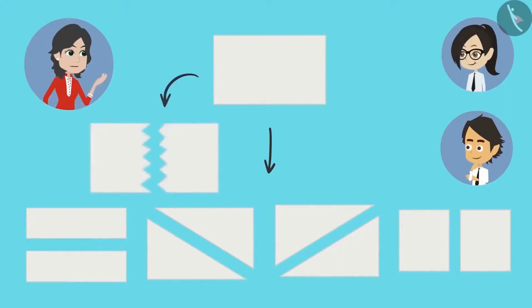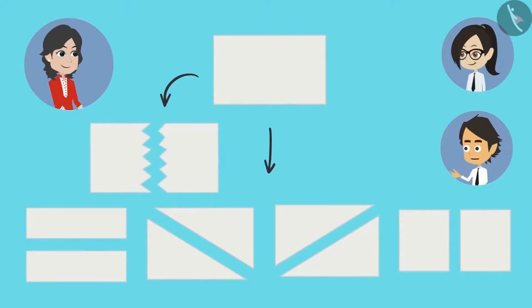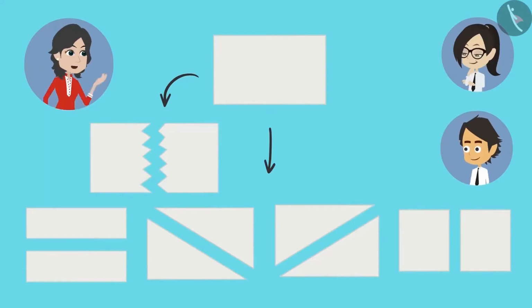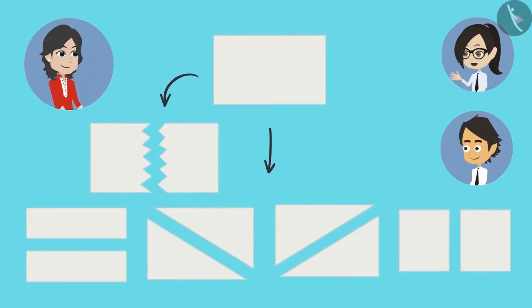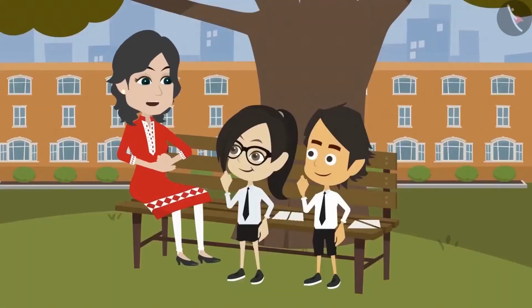Look, this is also another way. Oh yes, this can be divided into half like this too. We didn't think of this. Similarly, there are more ways in which they can be divided into half. I have understood. This means the paper is measured based on its area. So we can divide it into half in any way. We just have to take care that the 2 parts are of the same area. Absolutely right, Vandana.